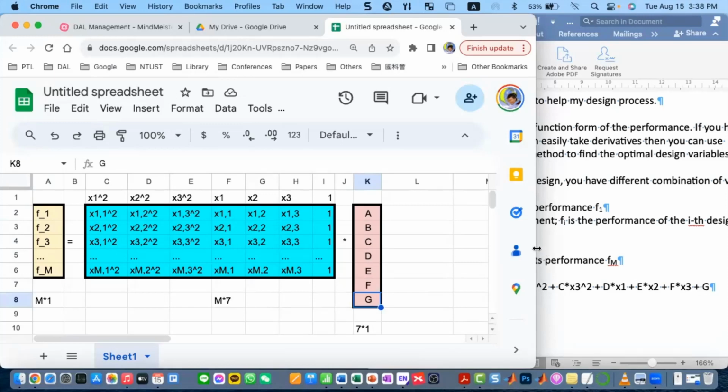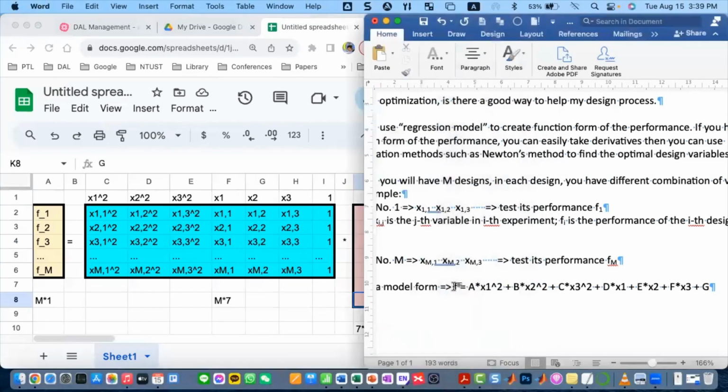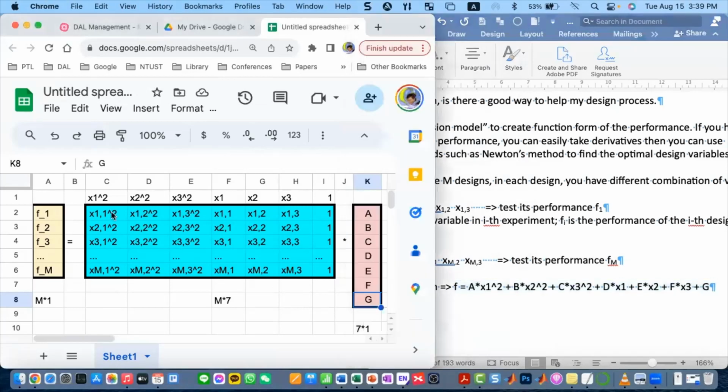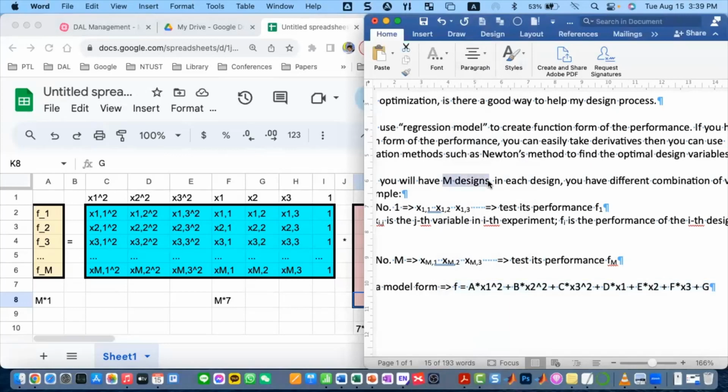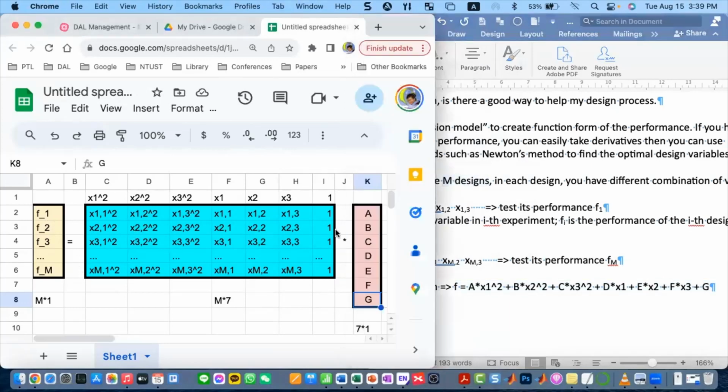So what is this? This is exactly plugging in the first experiment into this model, right? So that forms one equation. And I have m designs. That's why I have m equations. So at the end, I have this